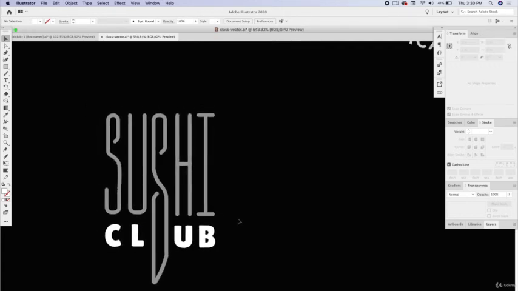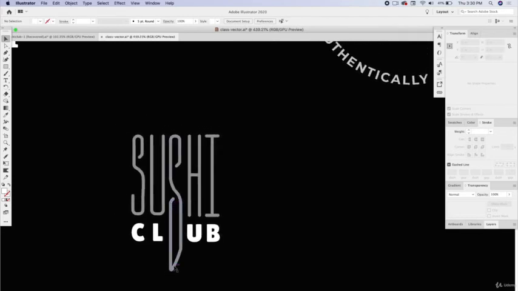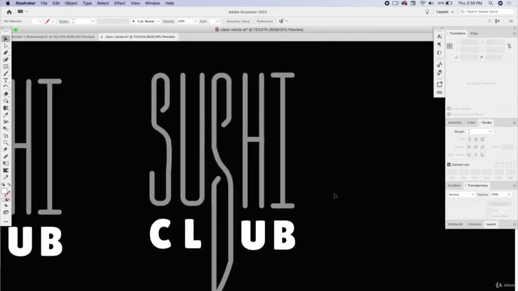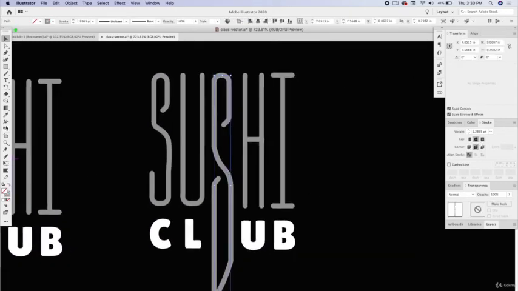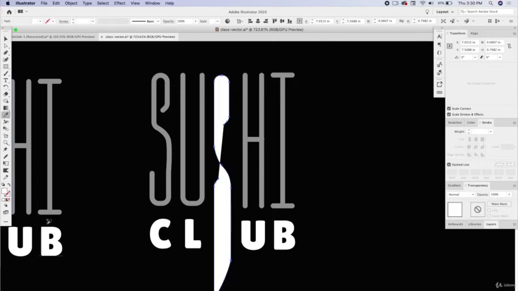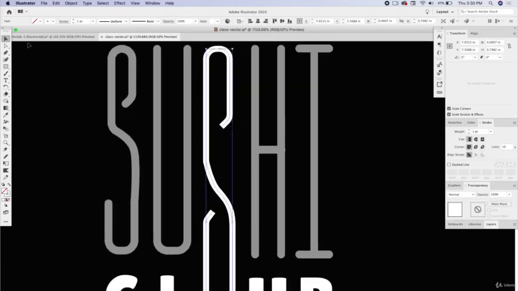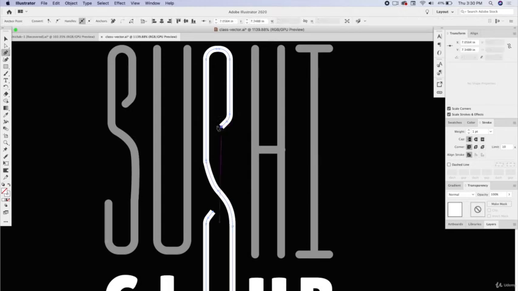I think this is interesting. Once again, it has to be really obvious that that's a sushi knife, and I don't think it's obvious. I think there are ways I can maybe try to get that to work as more of a knife. Right now I don't think it's working. Perhaps this also needs to be a different color so that people really focus in on the knife, like this. I think even the handle, if I were to close up that handle, make it look more like a sushi handle,